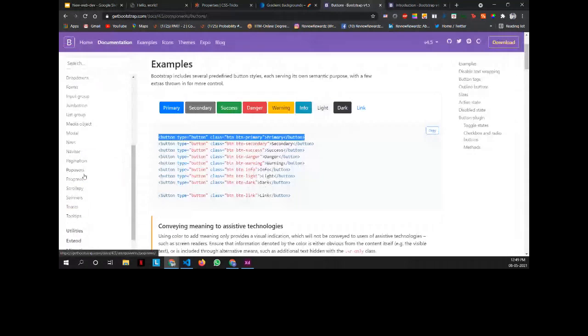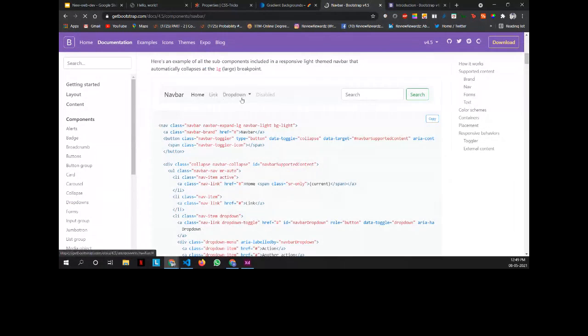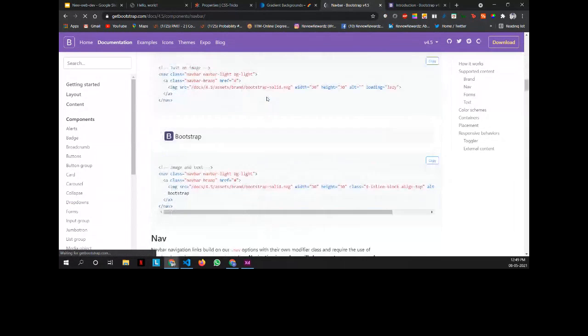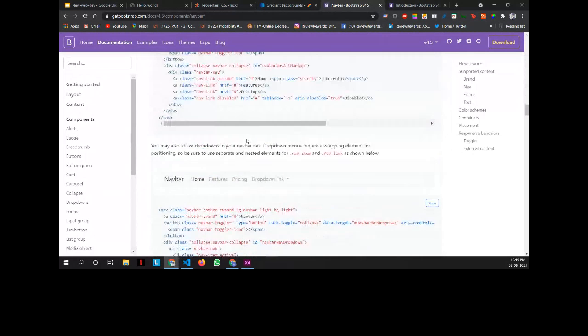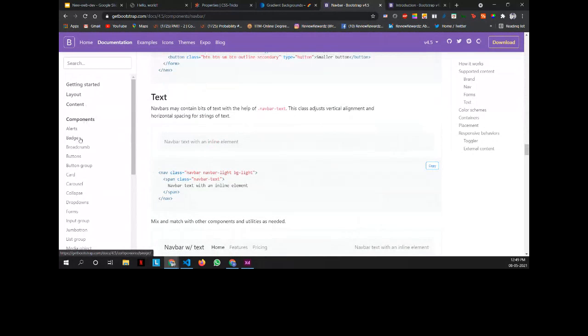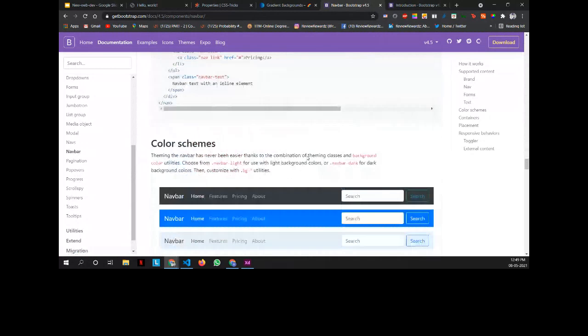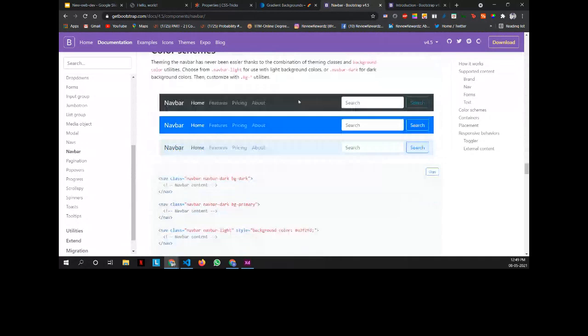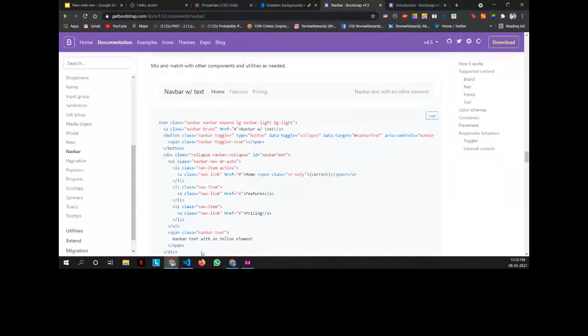One second. Like we have a navbar. Let's start with a navbar. This is the first kind of navbar we have, which is provided by the Bootstrap framework. Bootstrap is basically a framework, guys, so it provides you with a lot of different options in terms of navbar. If you want different types of navbar, you should just come to components, go to the navbar section and get it. I'll just take a colored navbar so that you all understand how exactly it works. Let me just copy the navbar once.